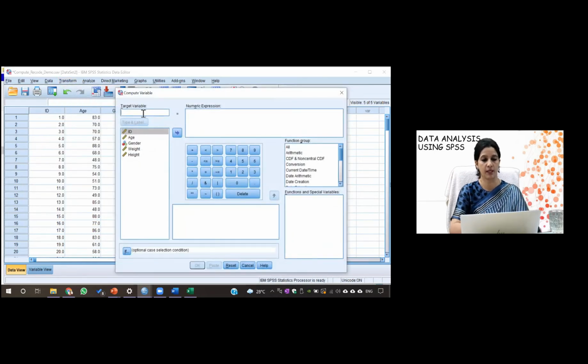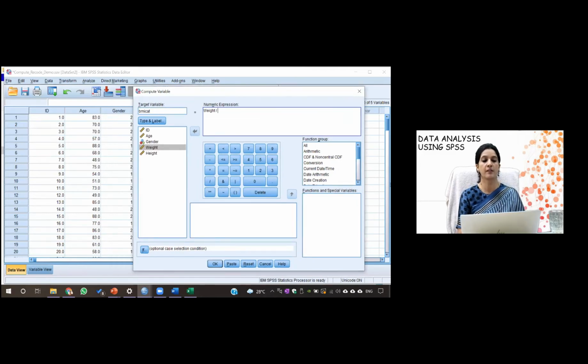Here you can calculate. The name of my BMI category is BMI cat. So I have typed BMI cat, and the variable, the formula of the BMI is what? Weight in kg by height in meter square. So I'll write weight, that will be the numerator, then divided by height in meter square. If you see the height here, it is in centimeter. Yes, so I need to multiply it with 0.01.